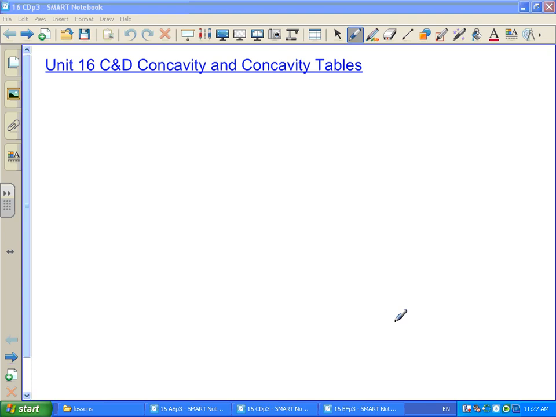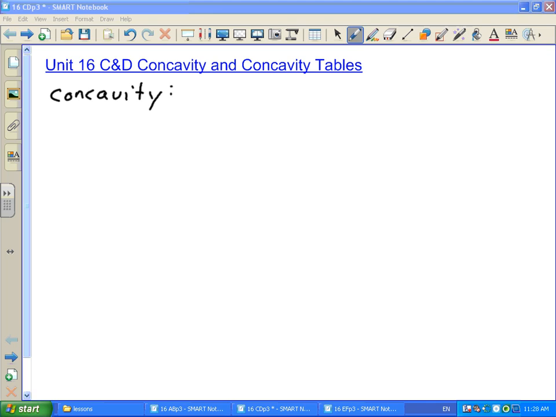So now we're moving into Unit 16, boxes C and D here, and we want to talk about concavity and look at how you set up a concavity table to see what the concavity is of your function in various intervals here. So first off, what the heck is concavity? Well, for our purposes,